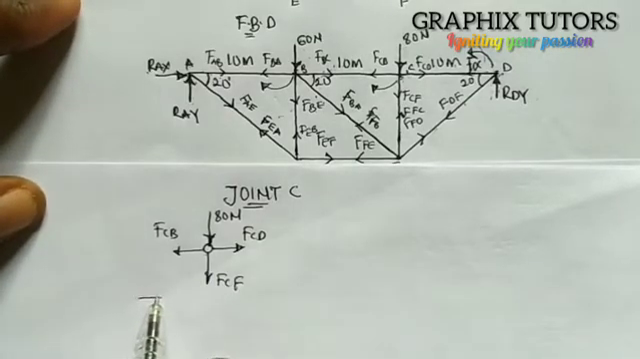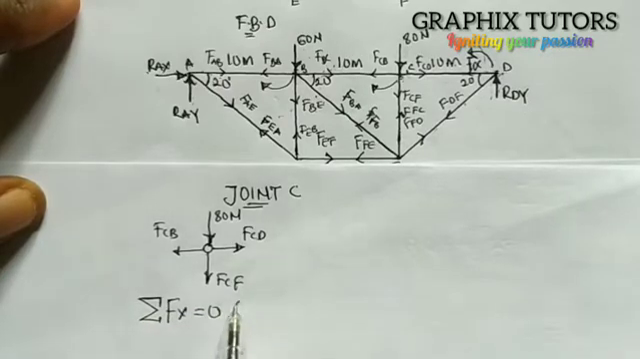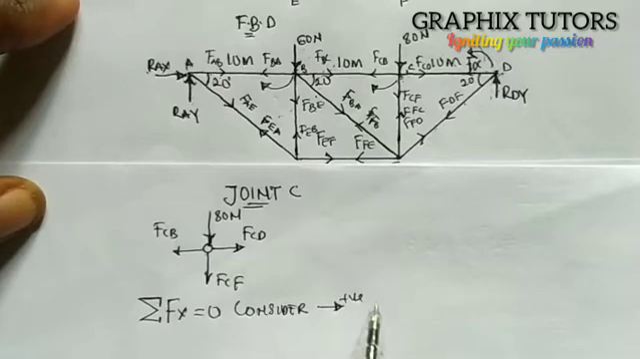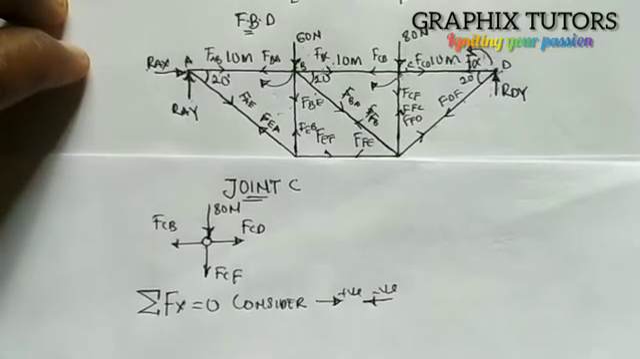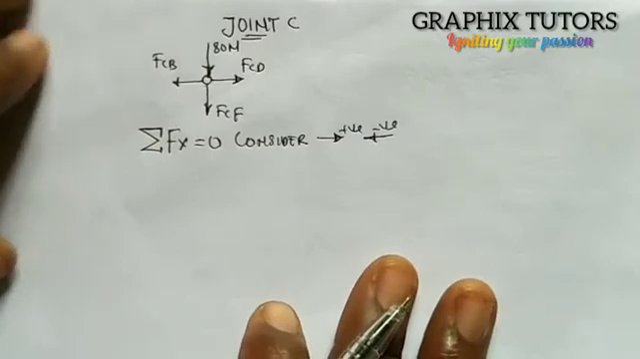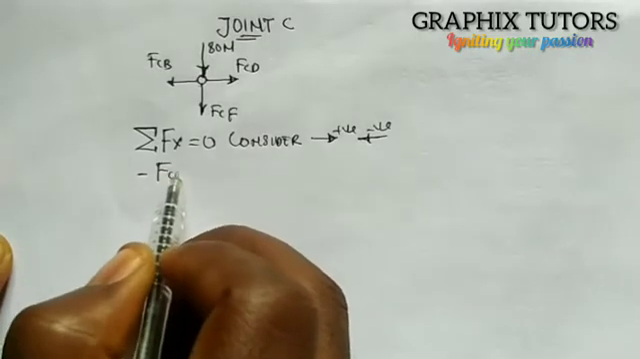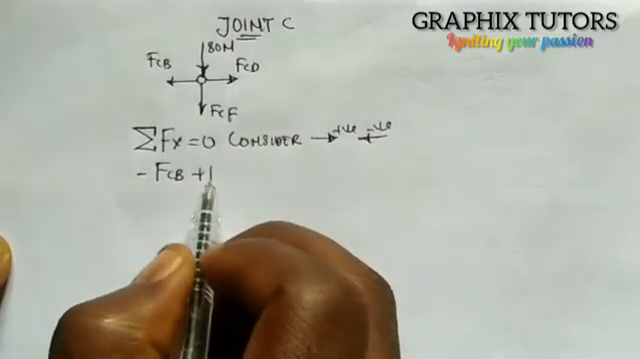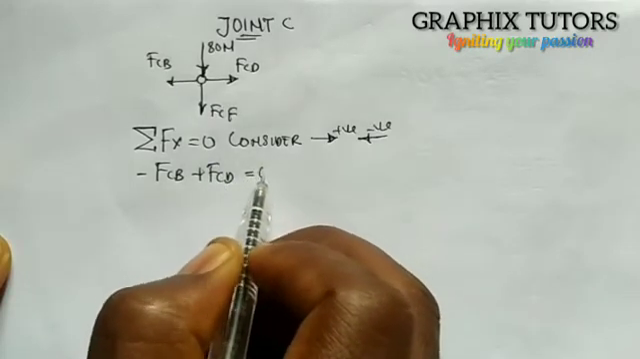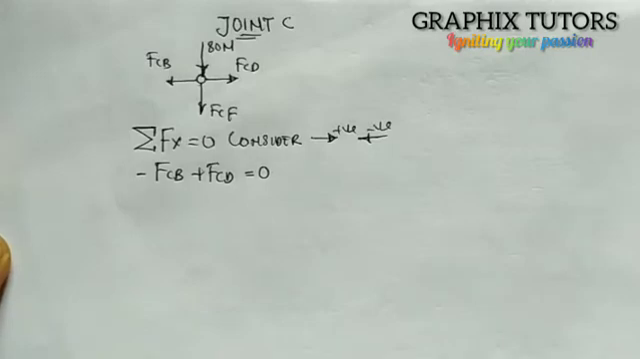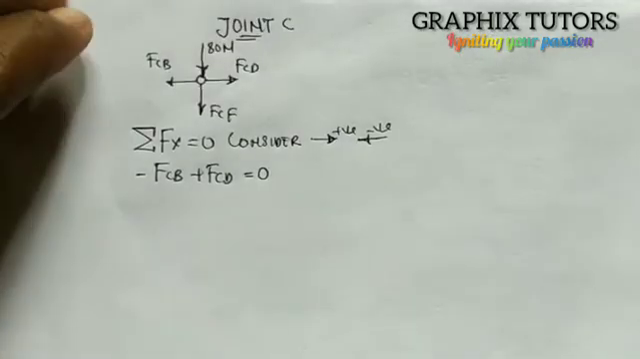We're saying summation of Fx is equal to 0. Now we want to consider forces towards the right to be positive and forces towards the left to be negative, right? So moving forward, we have this going towards the left, that is minus FCB. This is going towards the right, plus FCD, equals 0. Now we have not calculated FCD earlier because FCD is equal to